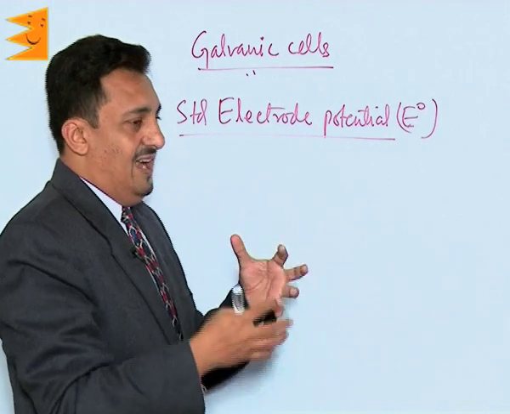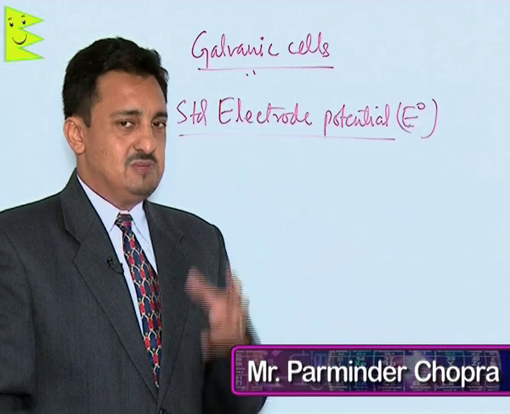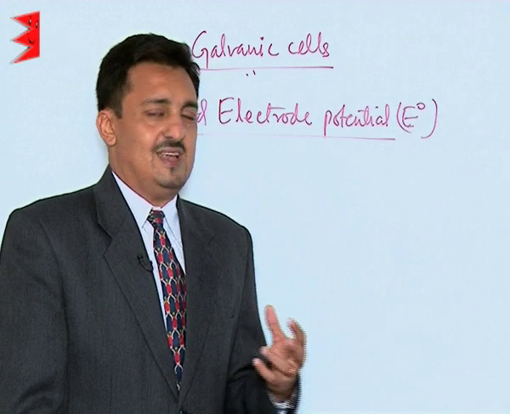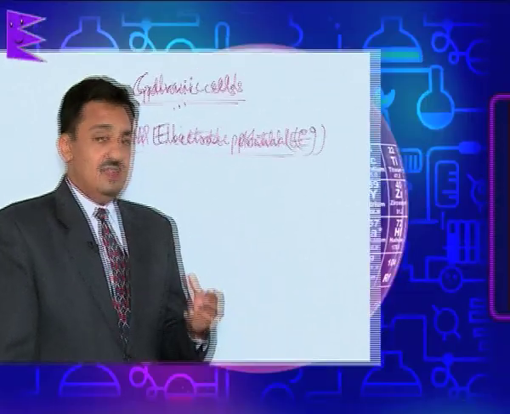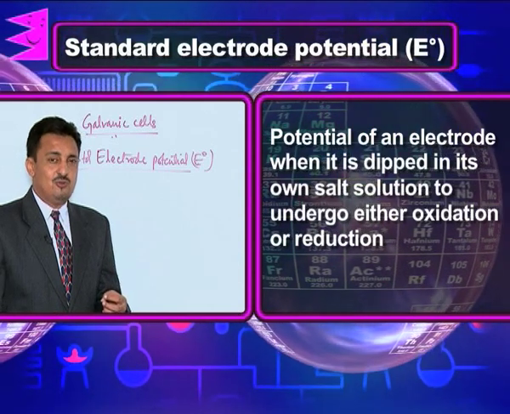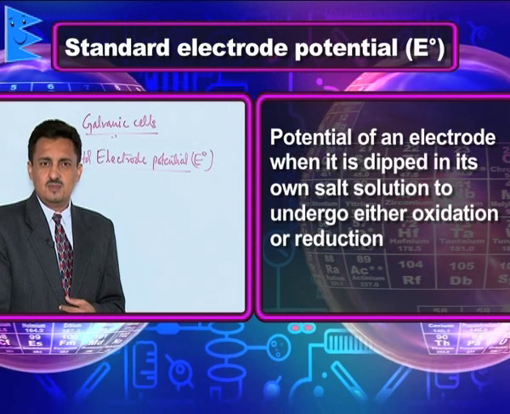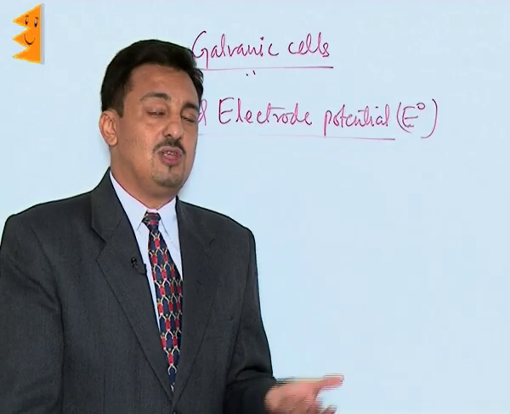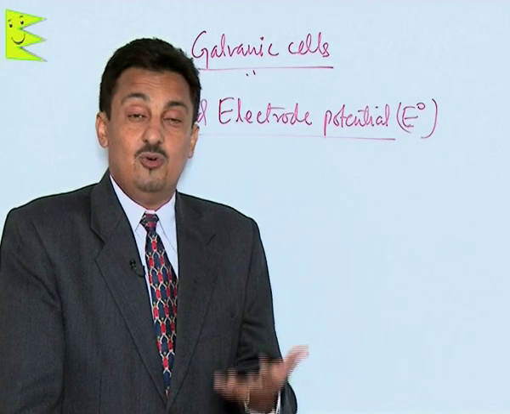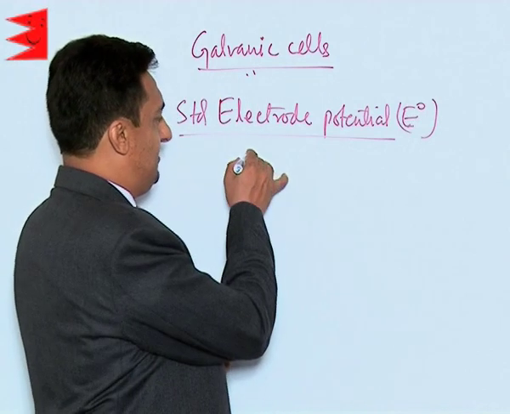So in order to understand the formation of the galvanic cells, let us first understand this basic term which is called standard electrode potential. What is standard electrode potential? It is the potential or the ability of an electrode when it is dipped in its own salt solution to undergo either oxidation or reduction. So the potential of the electrode to undergo oxidation or reduction when dipped in its own salt solution is called its own electrode potential. And it is calculated or it is determined